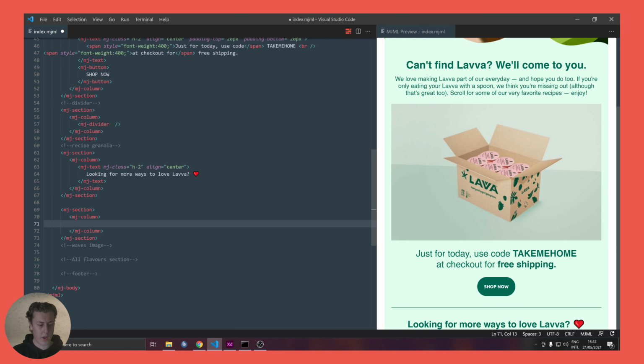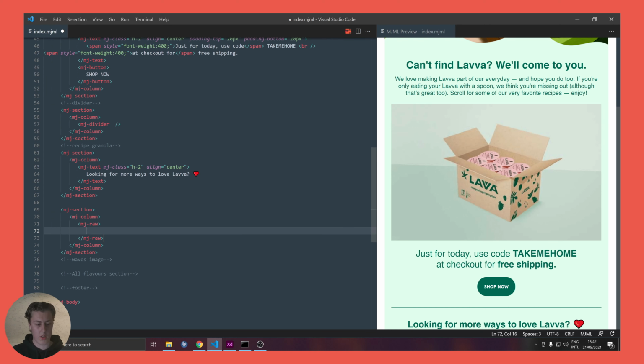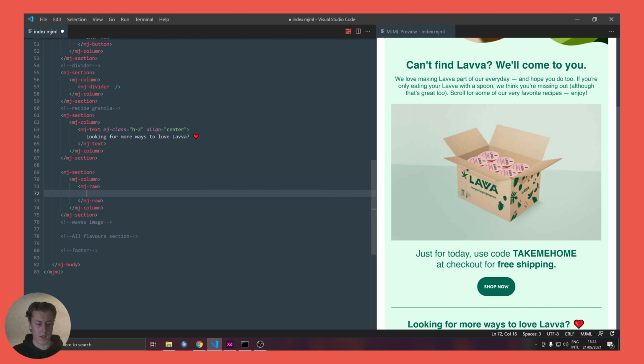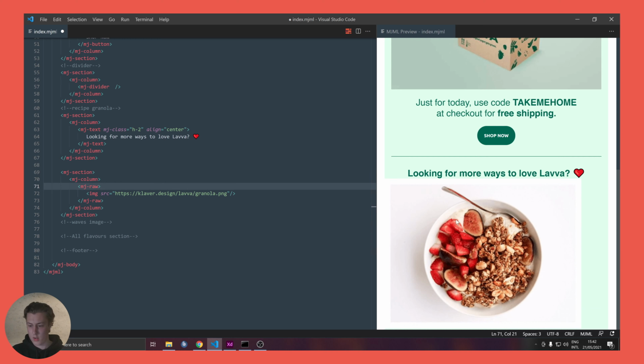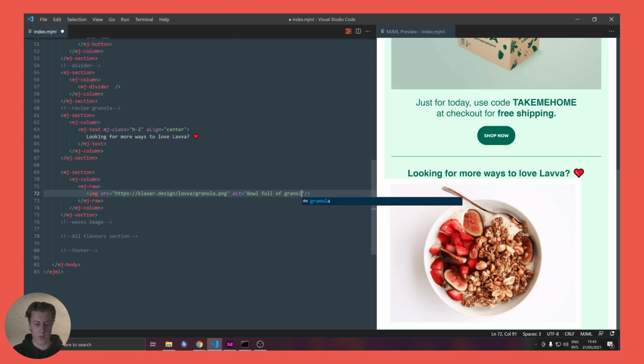So now let's do what I think is best, and that's using HTML for the image. So I'm gonna say mj-raw. mj-raw lets you input raw HTML inside MJML. I'm just gonna input an image here. And there's our image. We're gonna give it an alt of bowl full of granola and lava. And for the width, we're gonna say